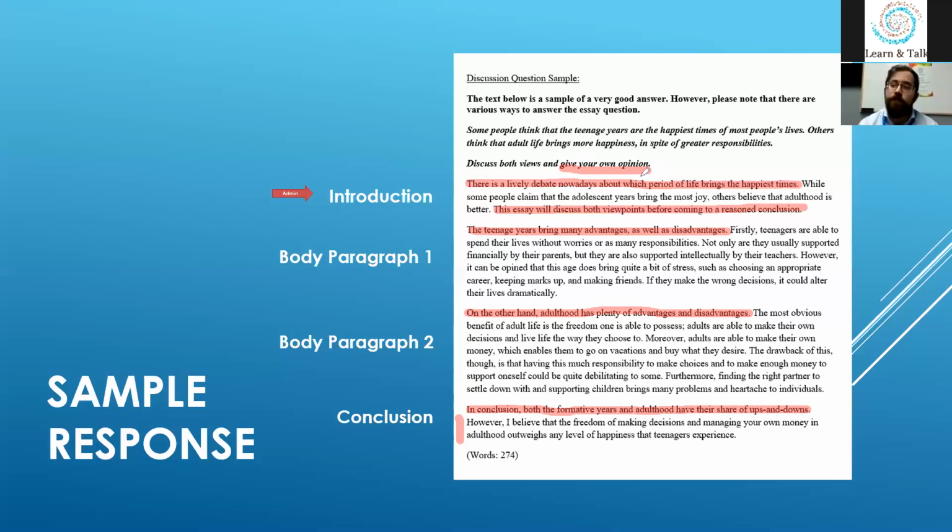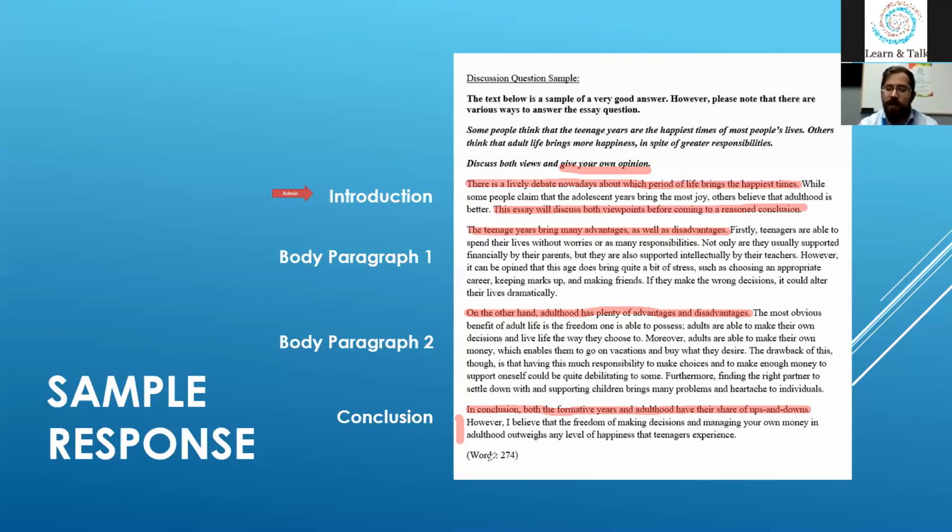Normally, when we're doing formal writing, we try to keep our opinion out of it, but when the instruction asks for it, it can be very effective to put your opinion in the conclusion. Another thing to notice is that both the introduction and the conclusion are short and to the point. So that's what we're really looking for in a very good task 2 response.